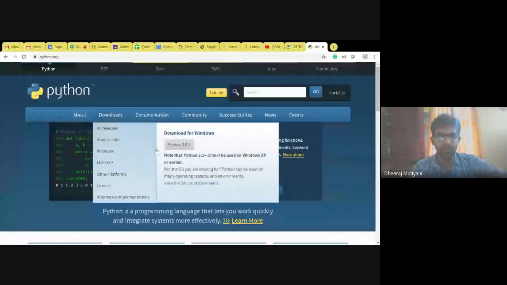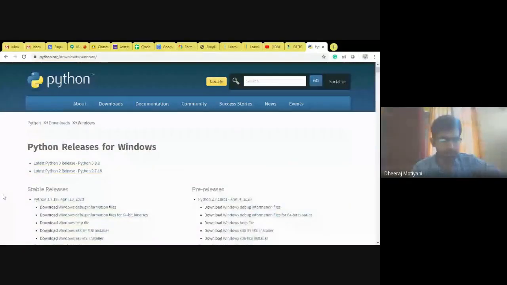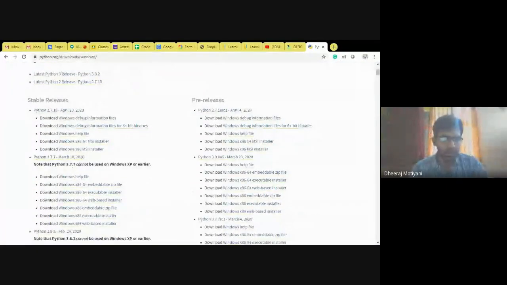You can download the Windows 3.8.2 version, but it is not recommended to download this version. You just go to Windows and select the version which you want to download. Let's suppose I have downloaded 3.7.7. You can download this version 3.7.7, the Windows x86-64 executable installer.